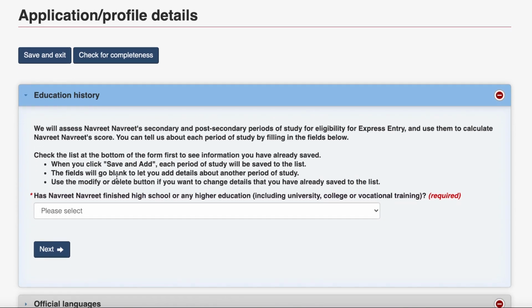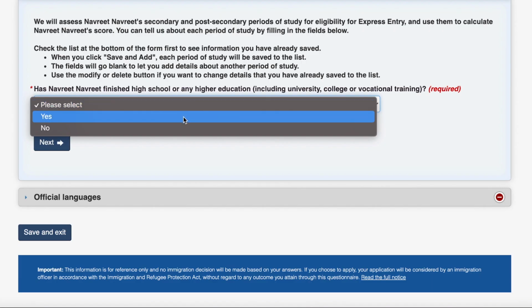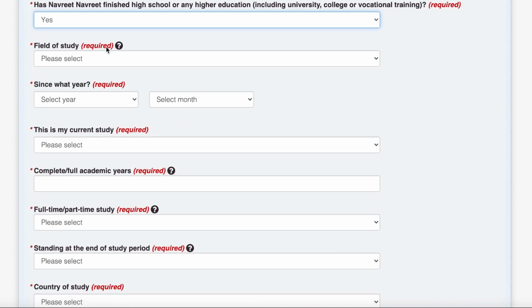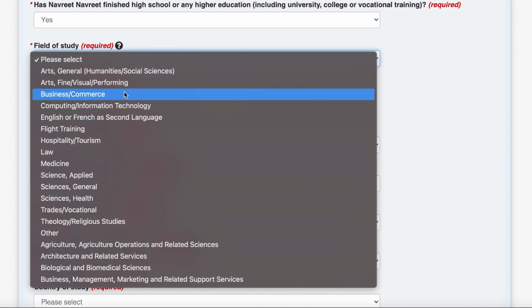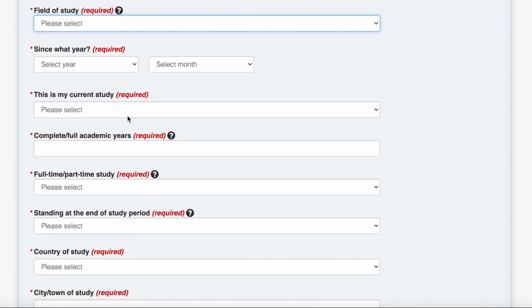So here in this form you have to fill in all the details about your high school education. So did you do any higher education? Once you select yes, you have to fill all the details about the field of study. Was it business, arts, law, medicine, whatever it was, and from what year to what year.